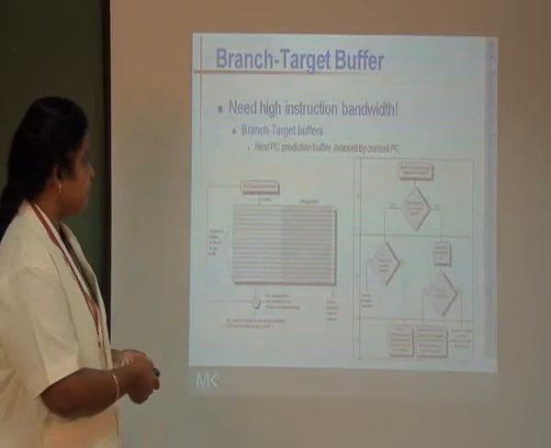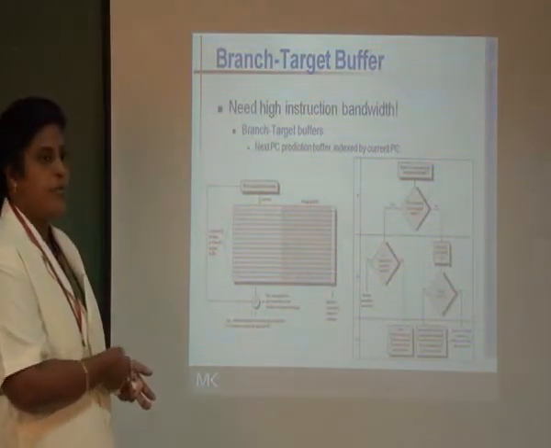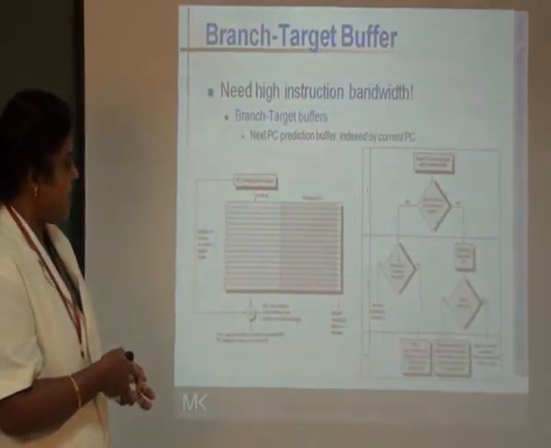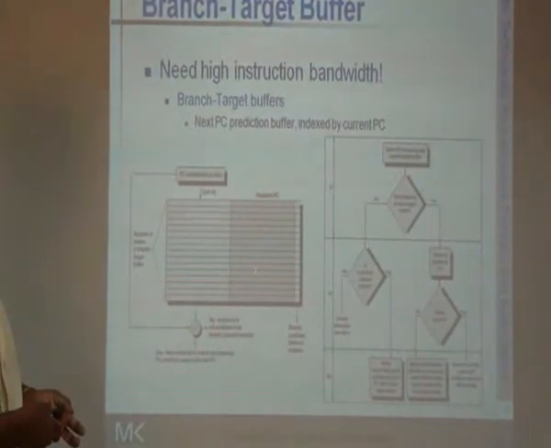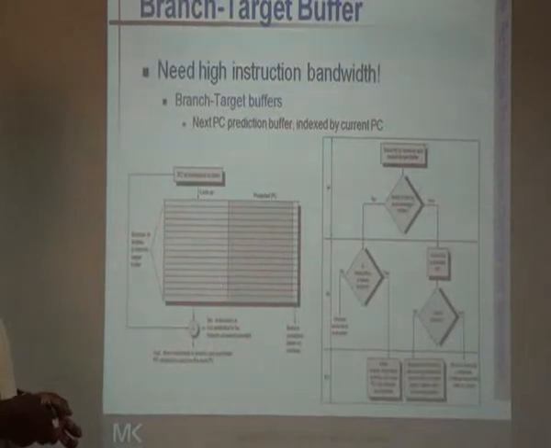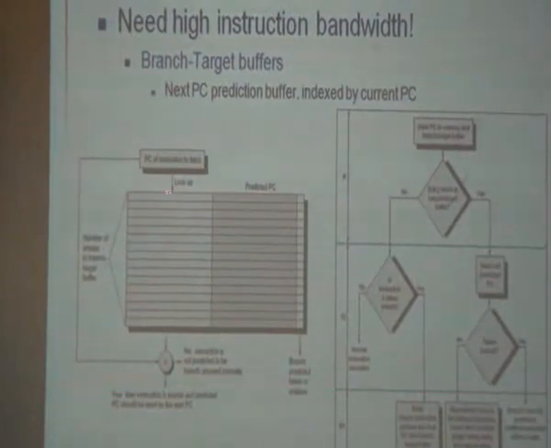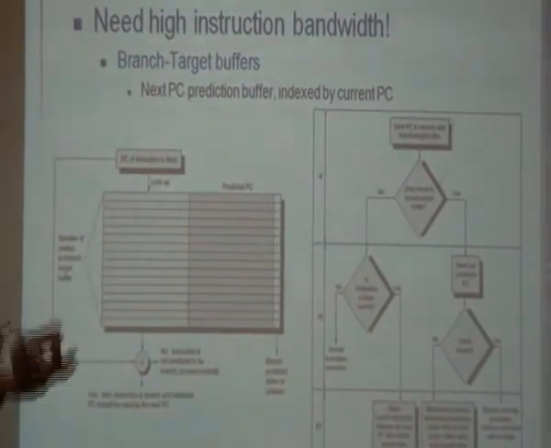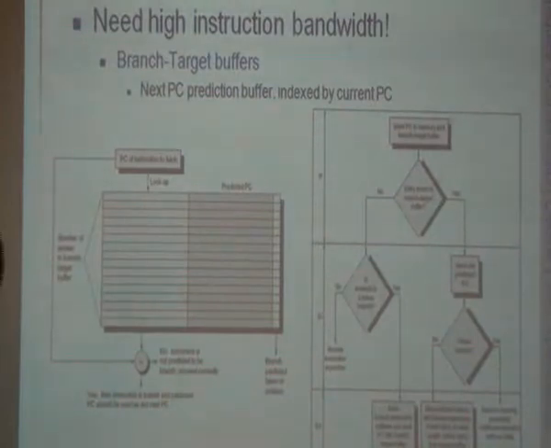So here we have a lookup table. In this lookup table, what happens is, it is going to contain the predicted PC. The present PC content is in the leftmost column, and the predicted PC is present in the next column. So if you are executing one instruction, the predicted PC tells you where the instruction execution is going to jump off next in order to find the next instruction to be executed. This is the content of this particular lookup table.